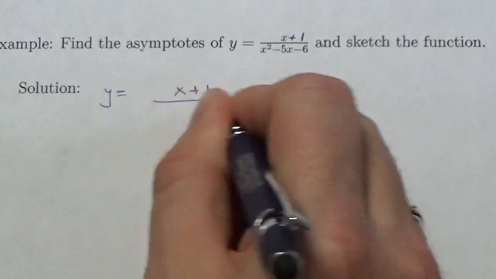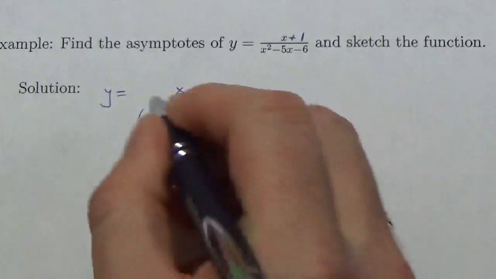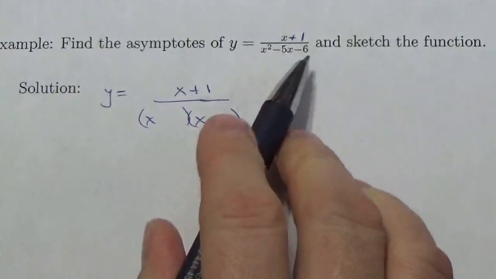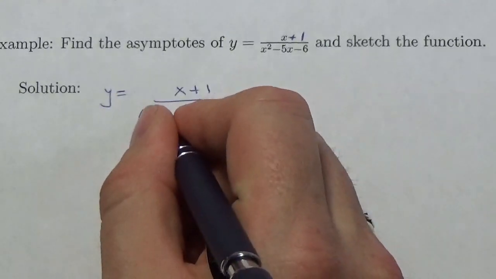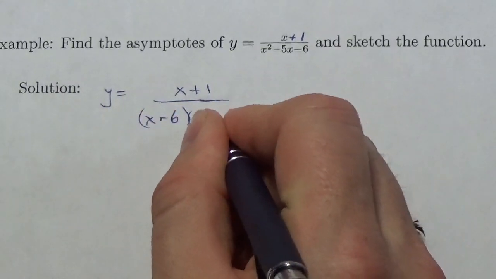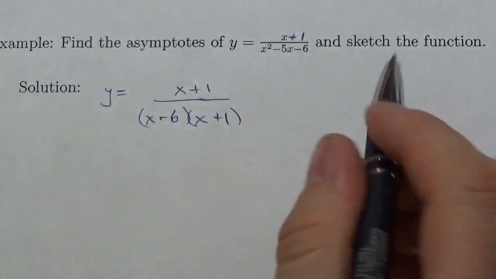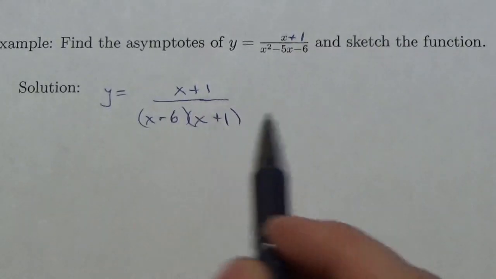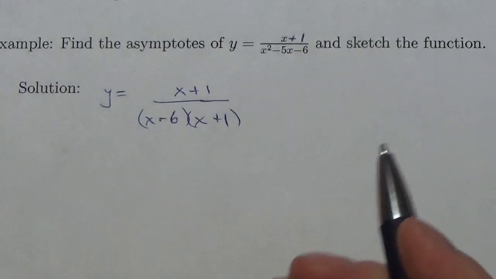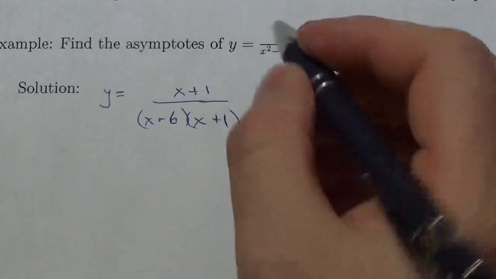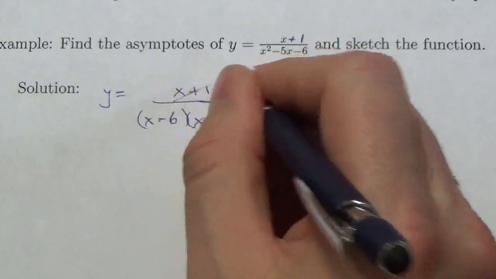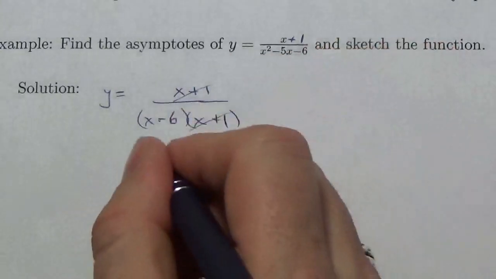So x plus 1 over, and we will get x and then factors of 6 that add to that negative 5 there. So it's going to be, what do we got here? Negative 6 times x plus 1. And right away I see that my numerator and denominator are not relatively prime. They actually share this factor of x plus 1. Now, that means that I can cancel that out, x plus 1 over x plus 1. But that